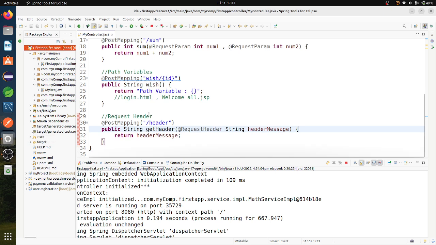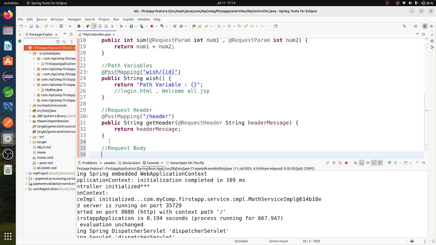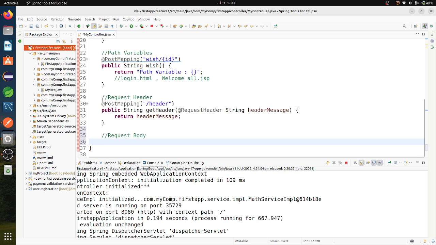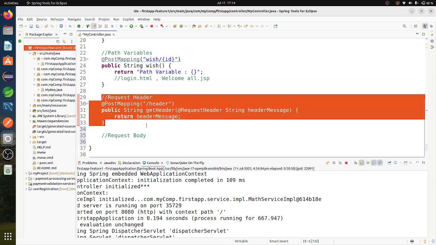Now next one, last one, request body. Just now I have taken request header. This will be used whenever any authorization is taken. At that time, in order to take the authorization tokens, we can use this request header.